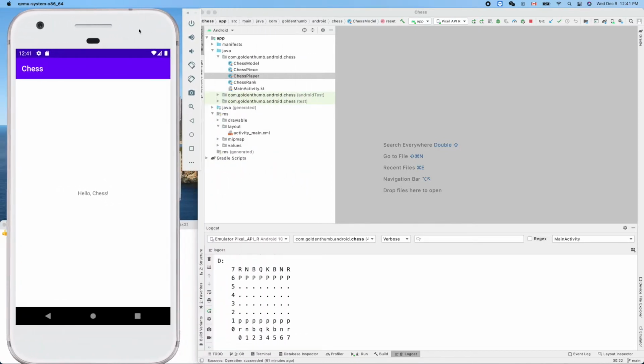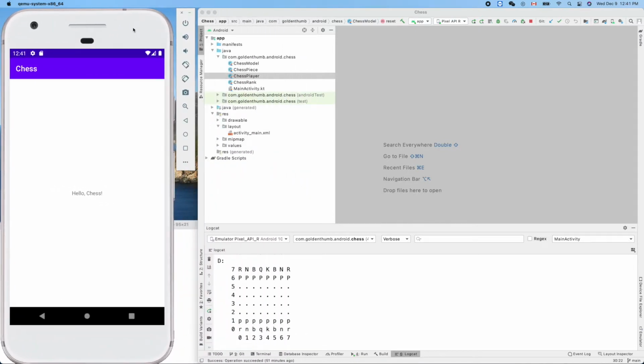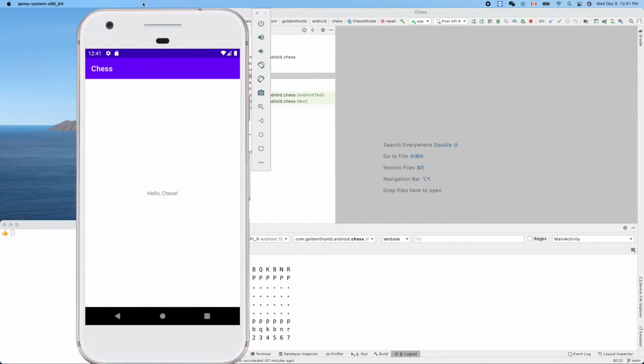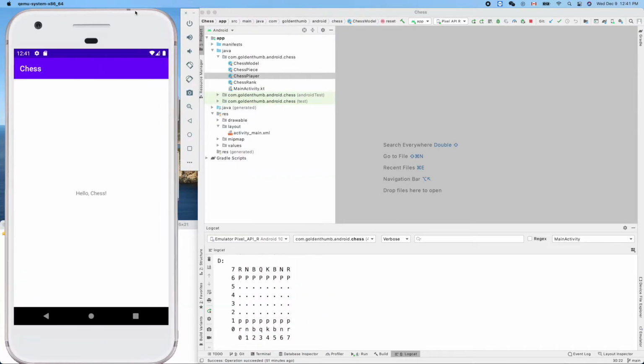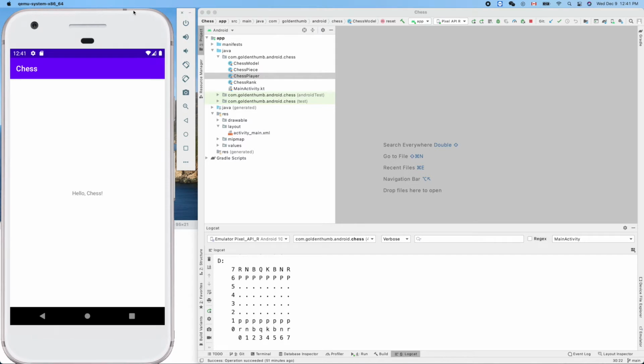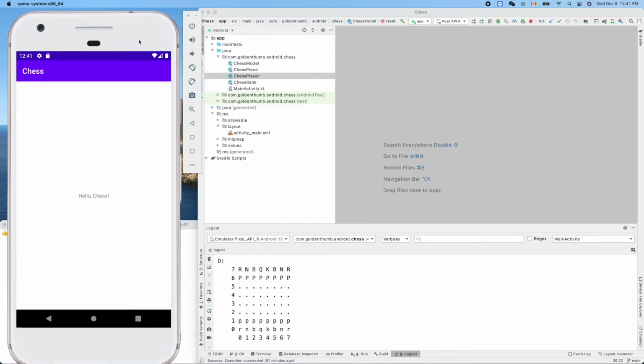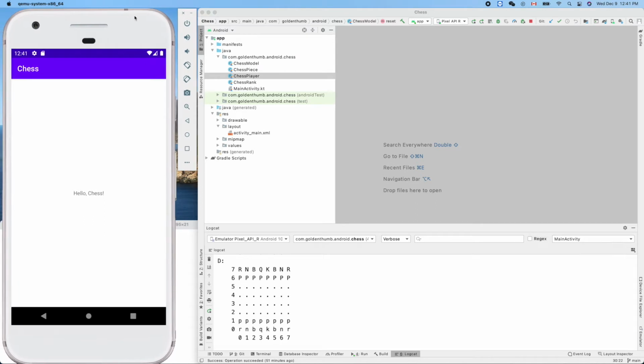Wow, it's stuck to my finger. Okay, I don't know why it is stuck to my cursor for such a long time. That's a problem. Yeah, that is annoying. Okay,